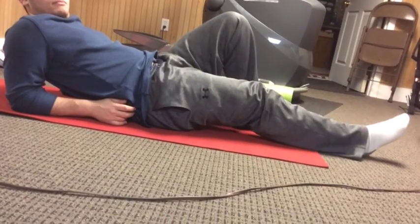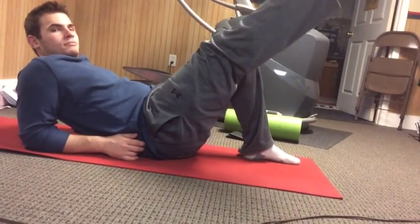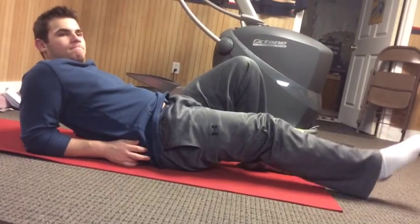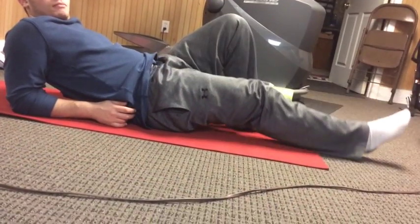Reclined leg raises. This exercise strengthens the quadriceps. Lie down on your back, supporting yourself on your forearms. Bend your left leg and place the sole of your foot on the floor. Keeping it straight, elevate your right leg to the same height as the knee on the left, making sure to